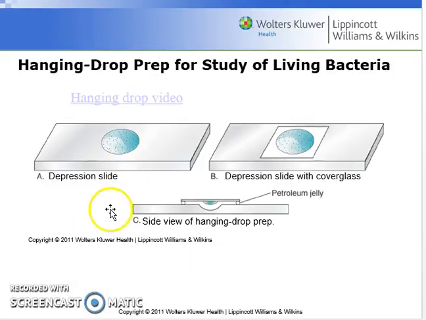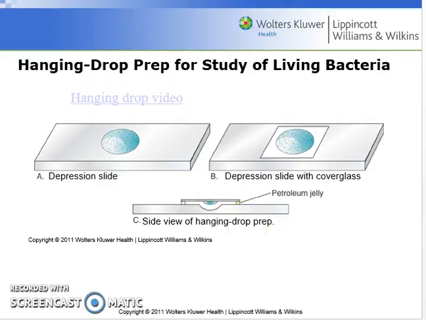For the hanging drop technique, you simply have a depression slide, which is a slide that has a little dip inside of it, and then you add your bacteria inside of a water sample inside of the depression slide, and then you cover the slide with a cover slip. And to do this, you actually take the slide and place it on two dabs of petroleum jelly. And once you have this set up, you view it in the microscope,